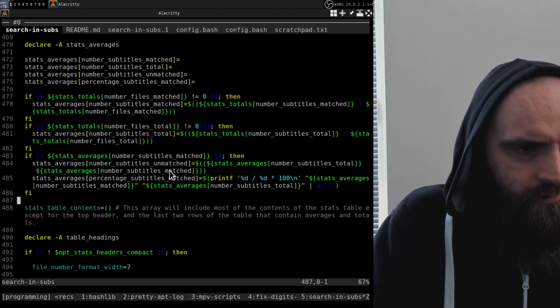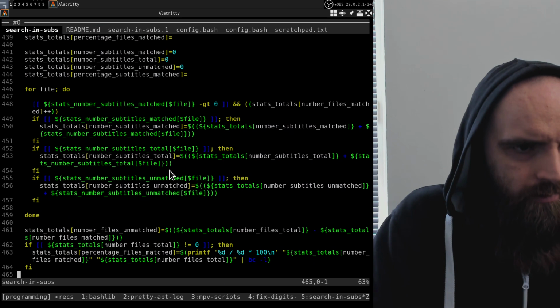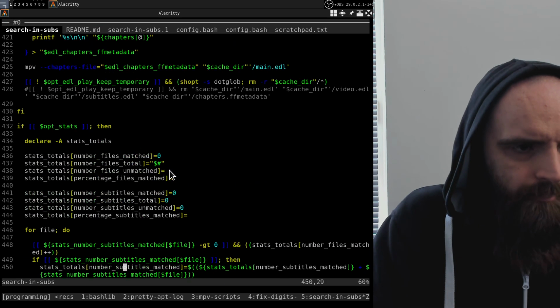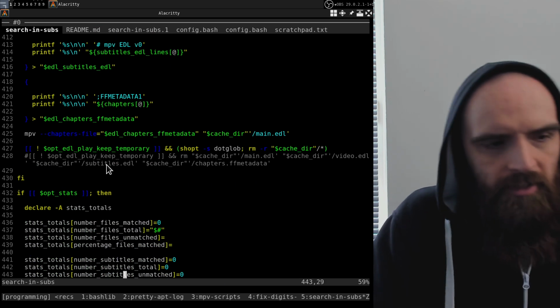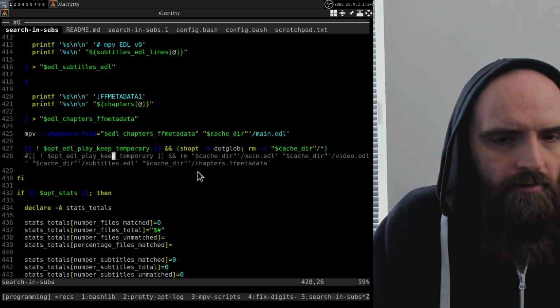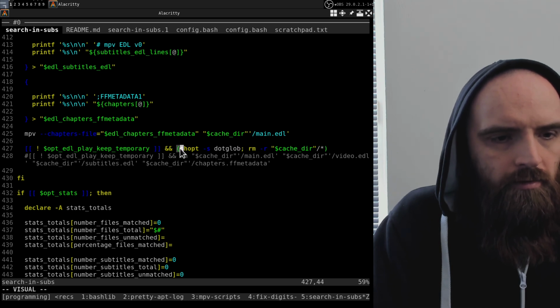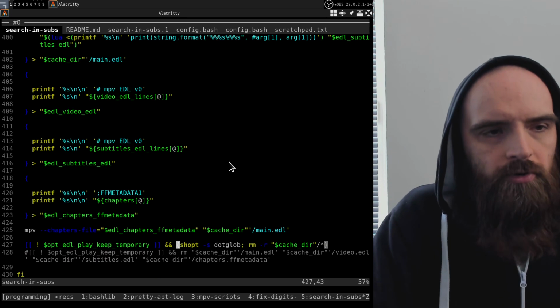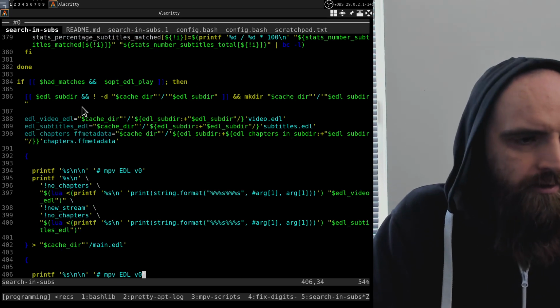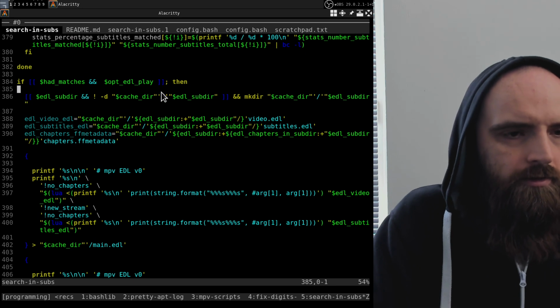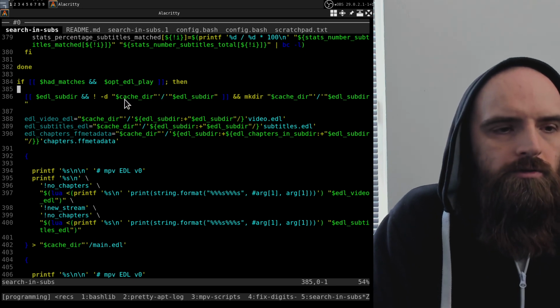Because it will only overwrite some files, but not all of them. It doesn't serve any purpose to keep them there. So yeah, I guess